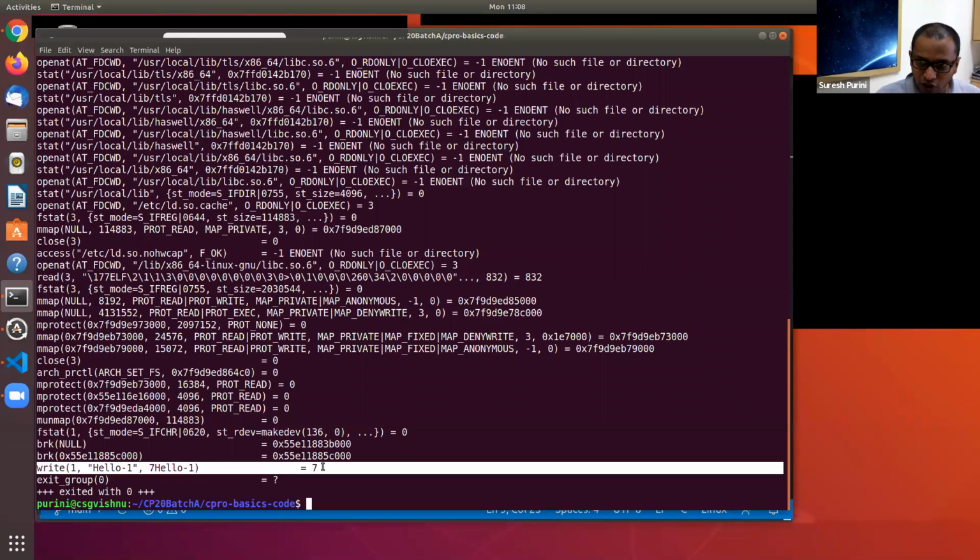And the write system call, after printing the string onto the screen, returns saying how many characters it has printed on the screen, or on the device that we asked it to print on, and it turns out to be 7, which is the number of characters in the hello one string. And the one that you are seeing in the write system call represents what is called standard output. Are you with me here on how a printf call in turn makes a write system call to the operating system?